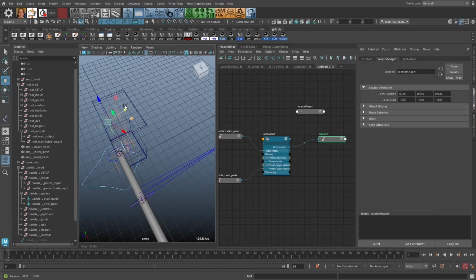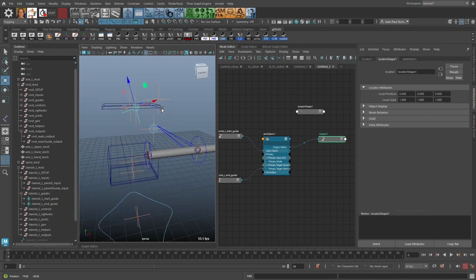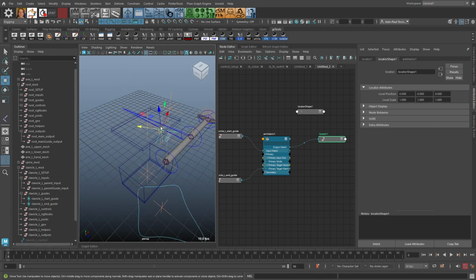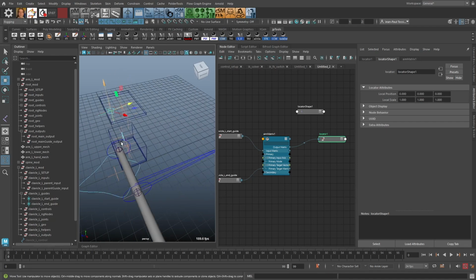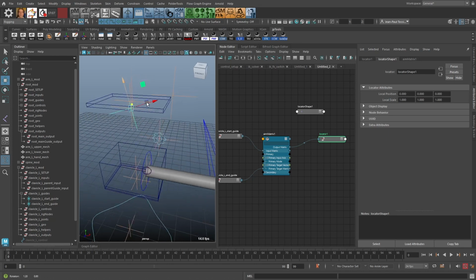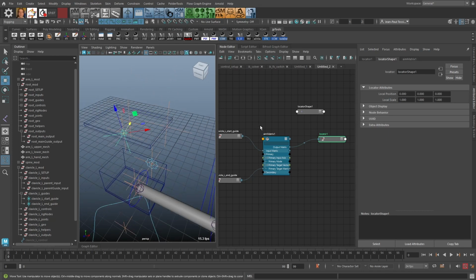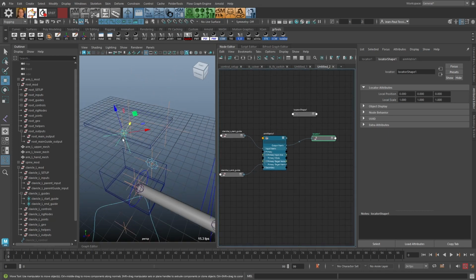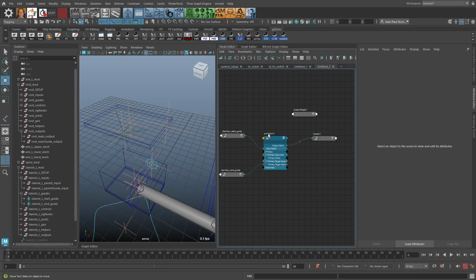So the plane that this creates intersects with the z-axis. Okay, so that's the initial orientation for the clavicle, and we can rename the aim matrix to be the start guide oriented matrix,